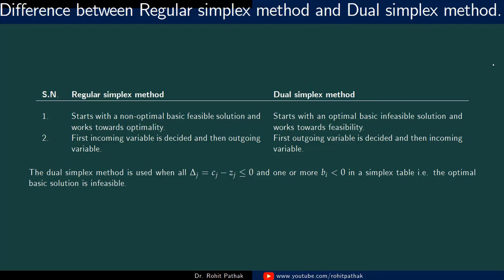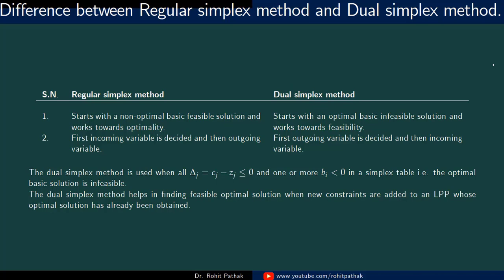We must have all net evaluations negative or 0 and one or more basic variables negative. That means the optimal basic solution is infeasible. So we start with an infeasible solution.